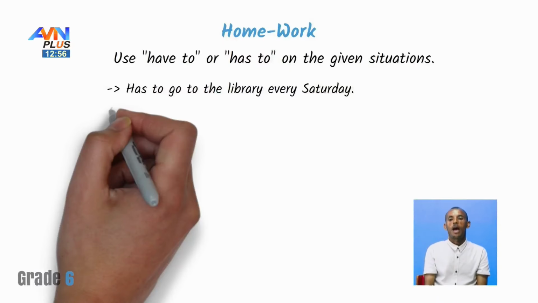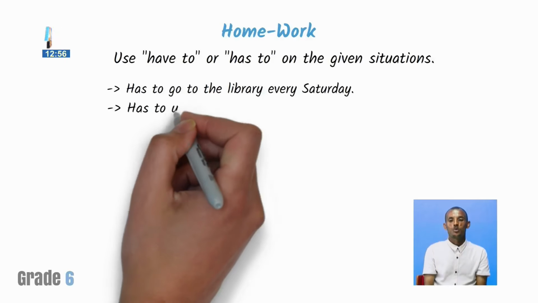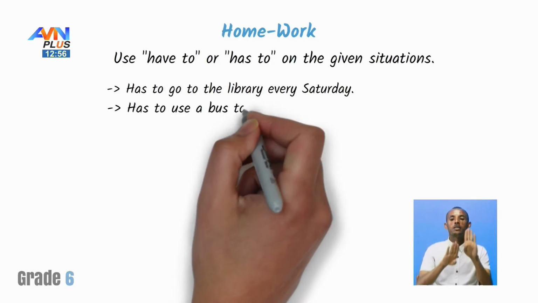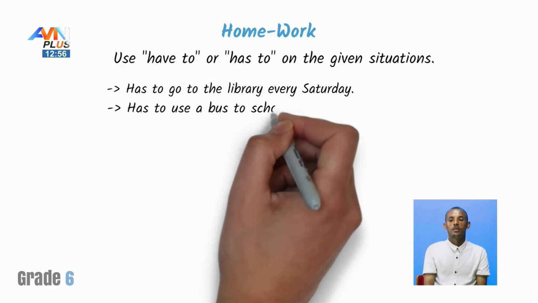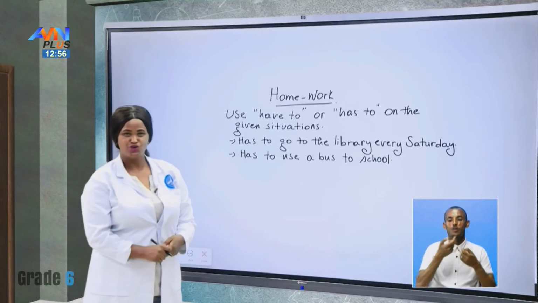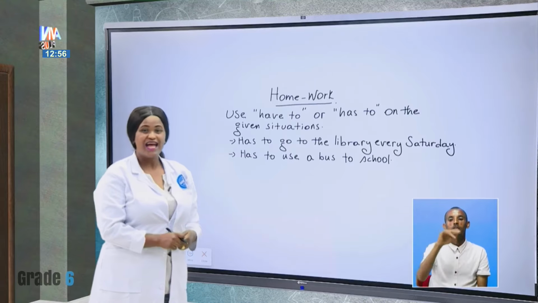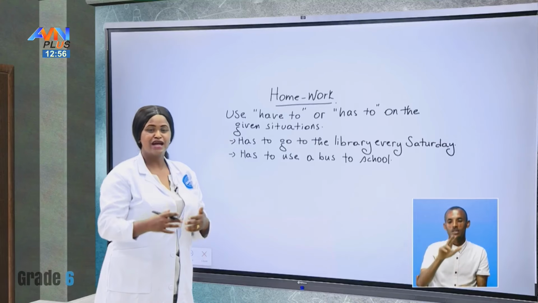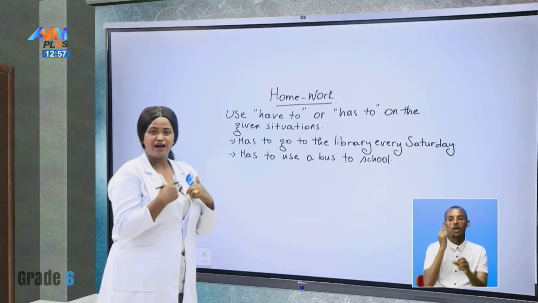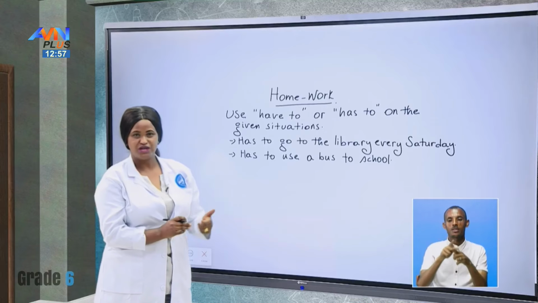And another situation, yeah? Has to use a bus to school. This is the other situation. Has to use a bus to school. Ask each other. Ask your friend by saying do. And then for 3, all right, try to ask 2 of you about the third person, just like what we have done, Mary and I, with you, okay? So these are 2 situations to practice our today's language lesson.